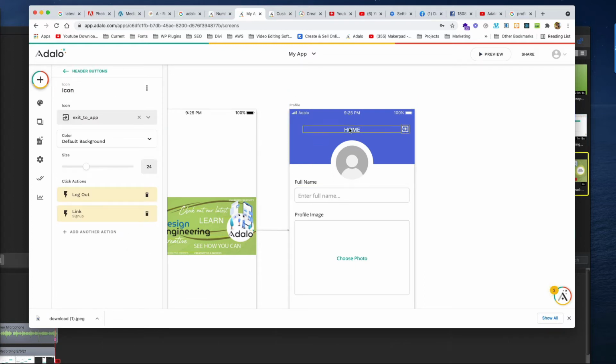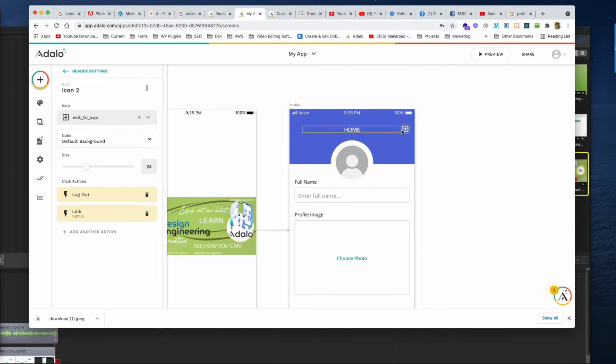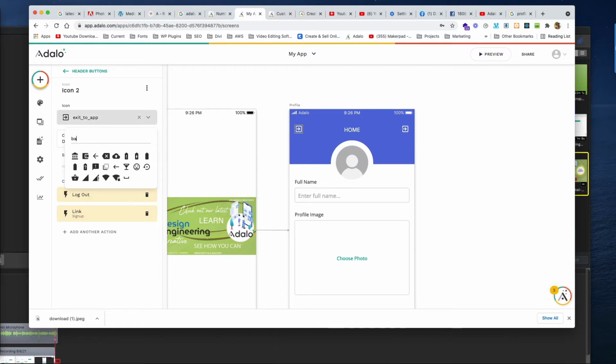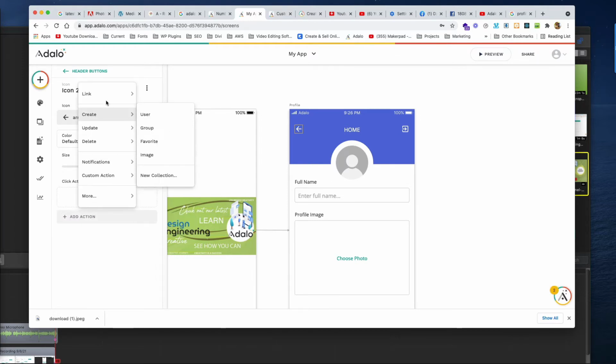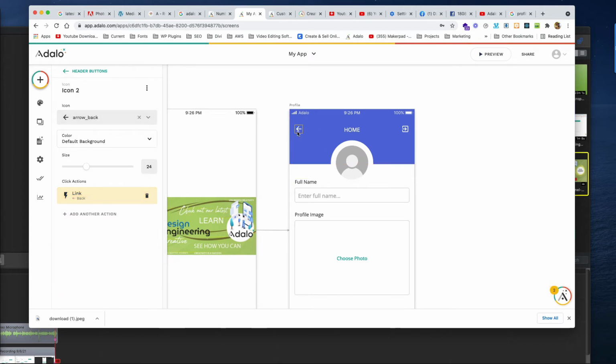it, and then I'll go back into my group again, make sure I'm in the group, and then I will paste it, and it'll go right on top, and then I'll drag that over to the other side, and then I'm going to change the icon to back, and then I'm going to take out this stuff because I don't want to log out. I just want to have a link to back, and then I will select that icon, and I will select